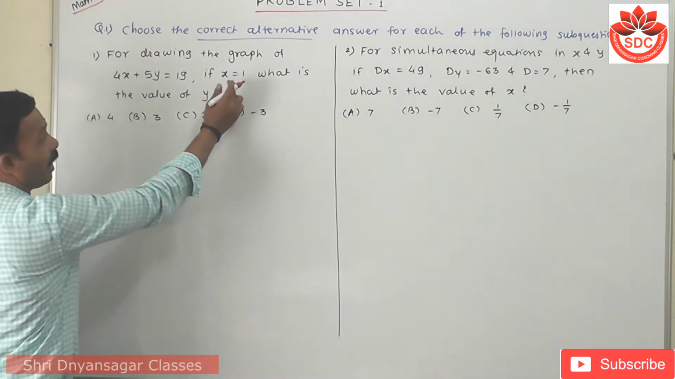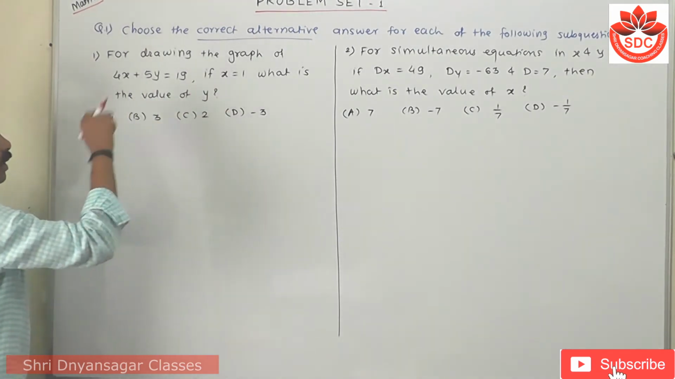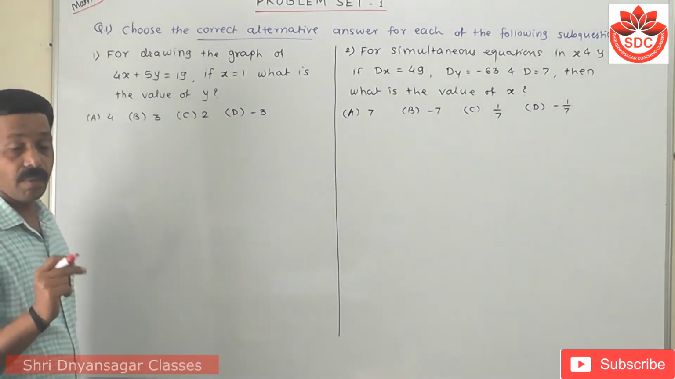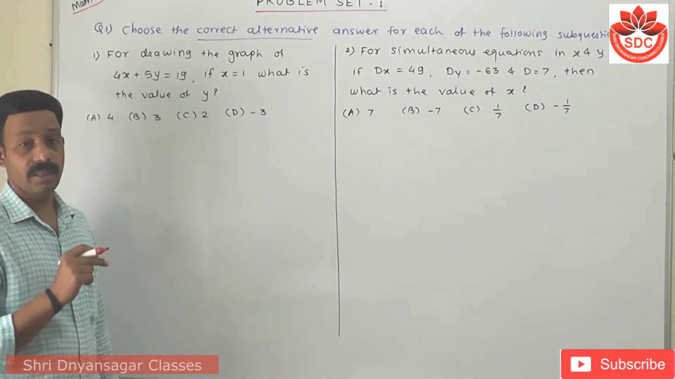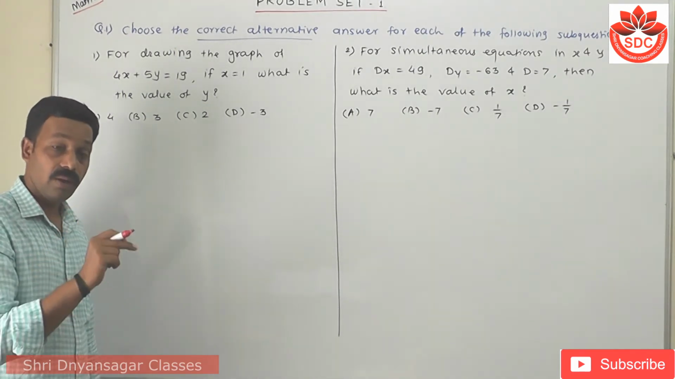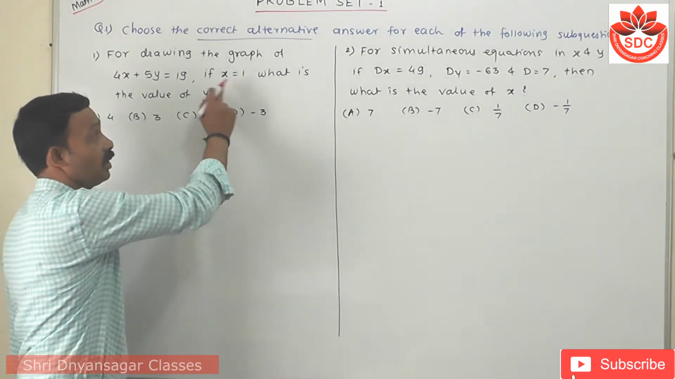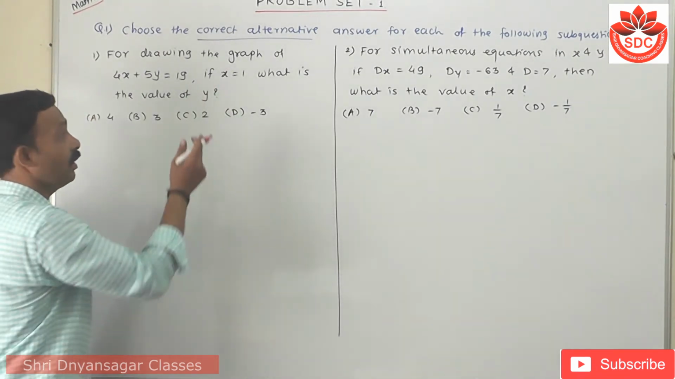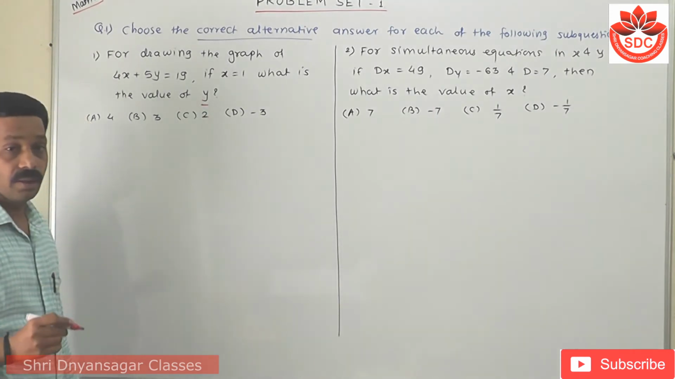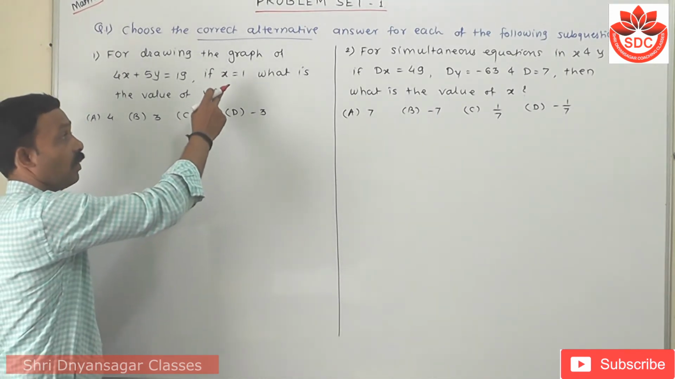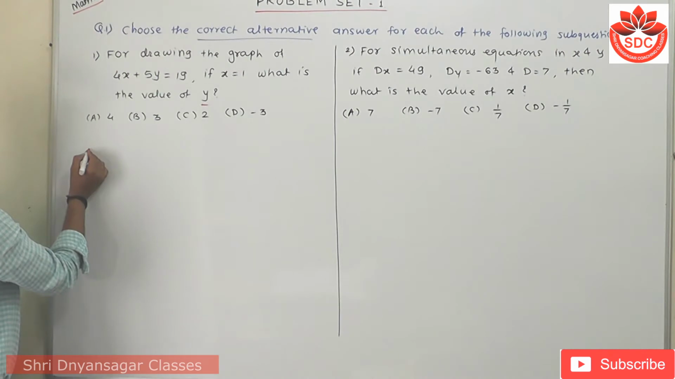Here, x is equals to 1 is the one value. All of you know that by using graphical method and simultaneous method, the values of the variables are the solution of that equation. Here one solution is given. We have to find out the other solution. So you have to substitute this value of 1 into this equation. Therefore, answer,